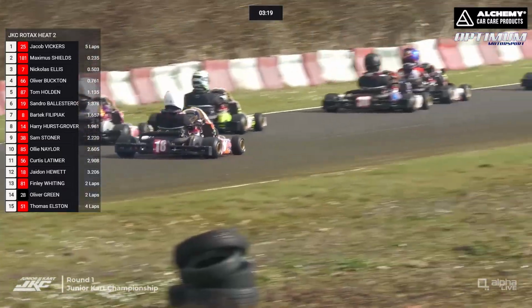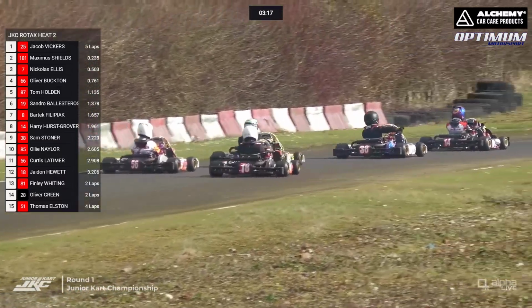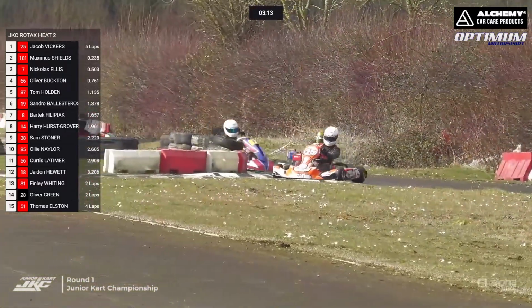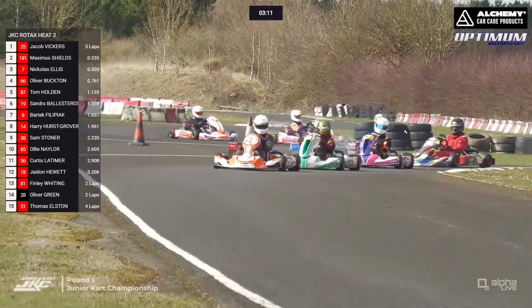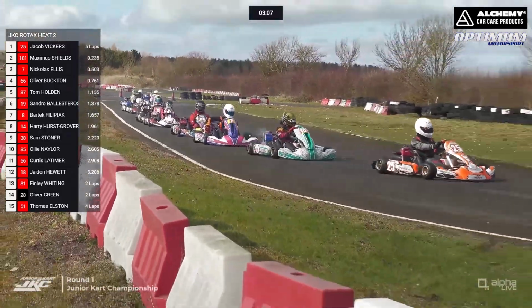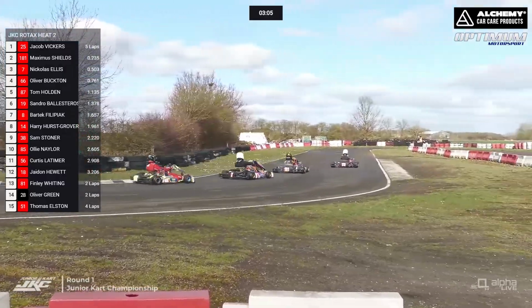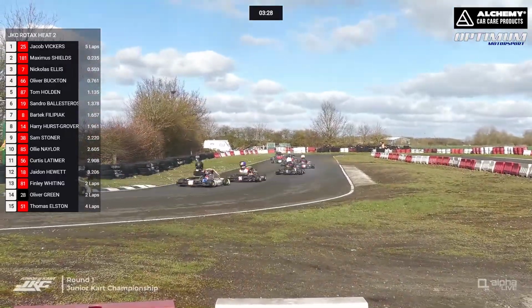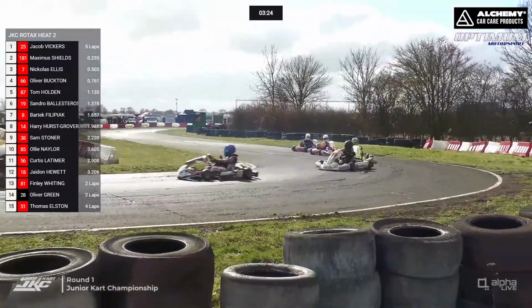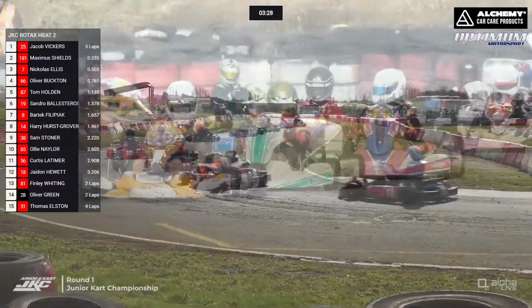Then they'll get a green, and we're effectively then going to get a condensed 2.5 minute plus 1 lap shootout in this junior Rotax class, with the entire field strung out nose to tail. So expect in a few minutes Jacob Vickers to slow this one down round the final complex of corners. It will be entirely his prerogative to go, but he's going to have to wait till he's round the final